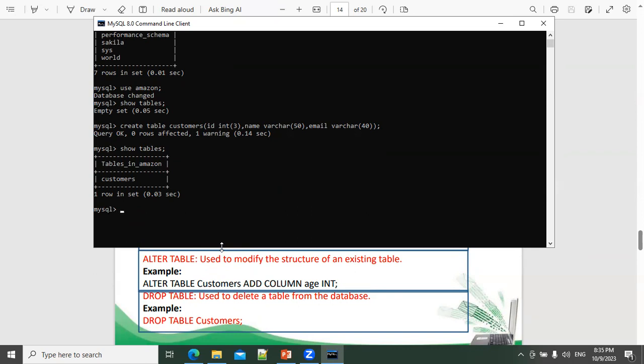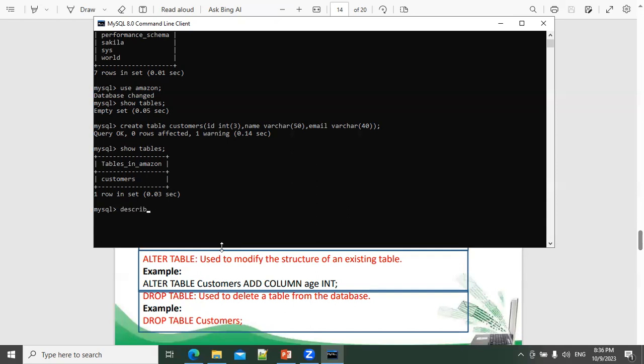We can modify the structure of the existing table. I want to see the structure of the table I created. Of course, I closed my window. Now I want to know what is the table I created. I want to tell my friend that I created some table, and I want to know the structure of a table. How to know the structure of a table? To understand how many attributes there are, what is the length, and what data type we use, we need to use one command called describe,